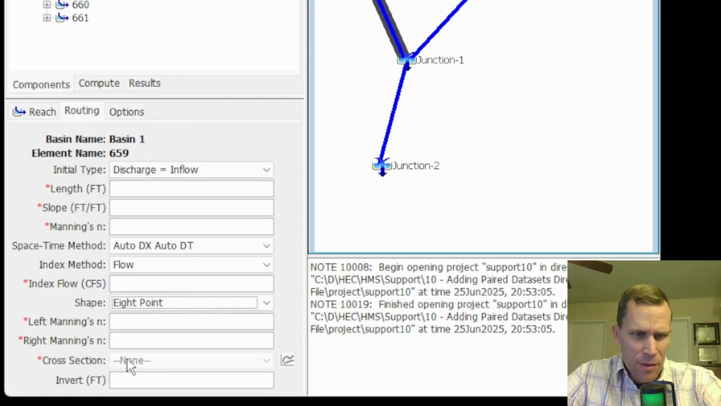Okay. Now down here, the cross-section, this is where we're asked for a paired data set, specifically a cross-section type paired data set, but it says none and it's grayed out because our project currently doesn't have any referenced. So I'm going to go ahead and set 8-point to be the shape for the other two reaches, and then we'll tackle this